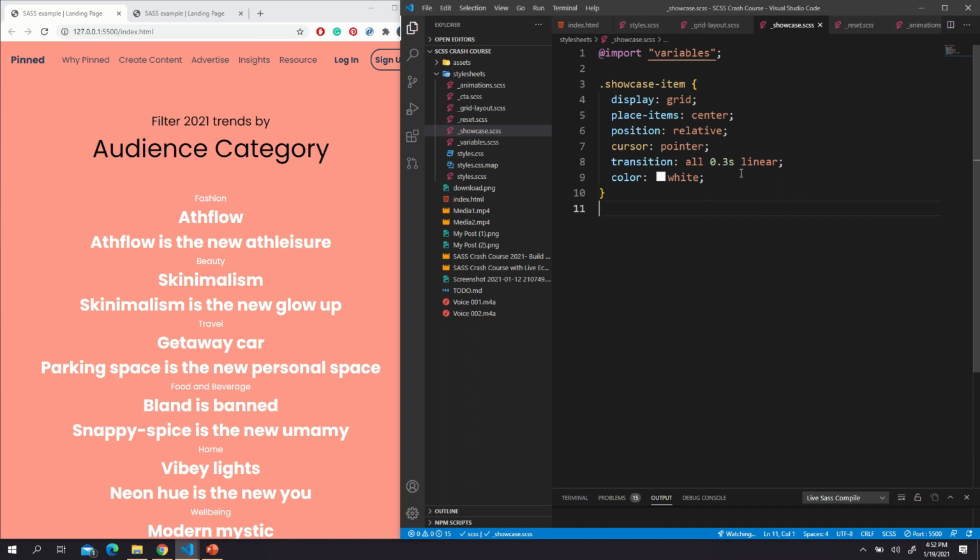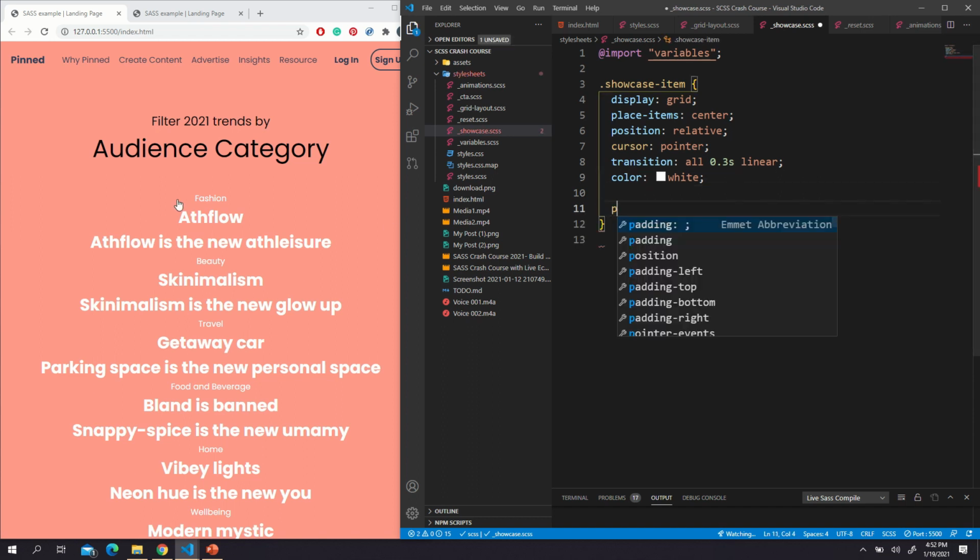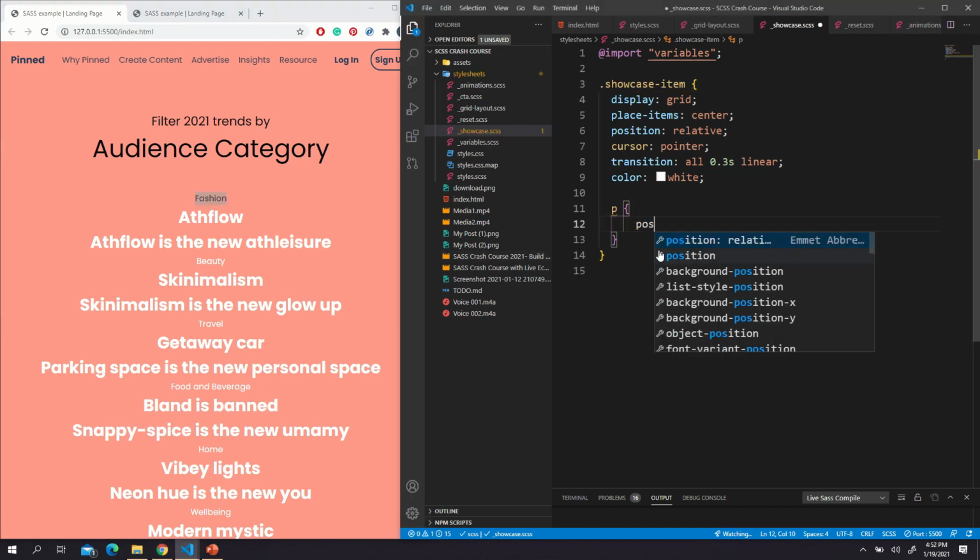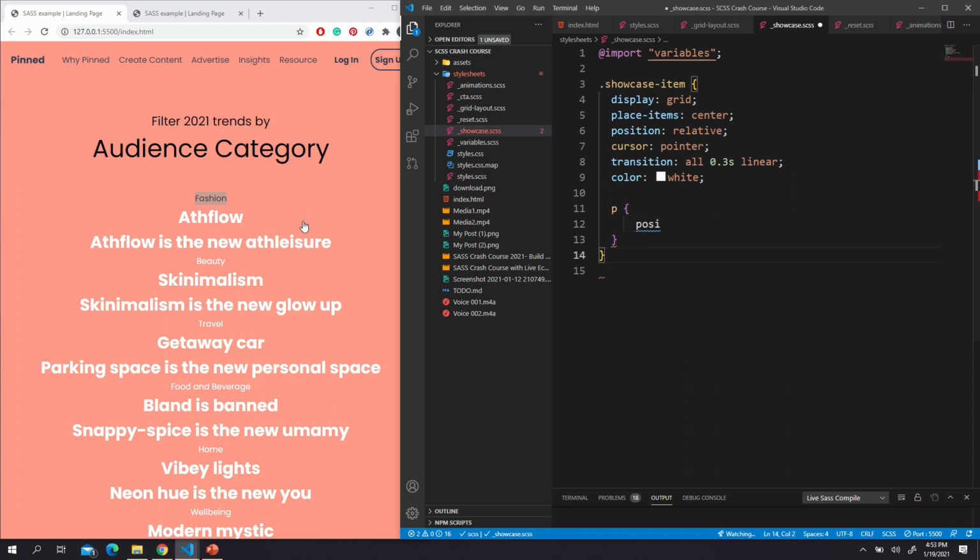All right, so inside of this, we're going to target this paragraph right here. That is fashion. So open up curly braces. I'm going to position that in. Before doing that, let's go ahead and add some background, the image. So underneath this, I'm gonna target the showcase, that is the outer wrapper div, and here I'm gonna open up curly braces and item 1, and I'm going to individually target this item,